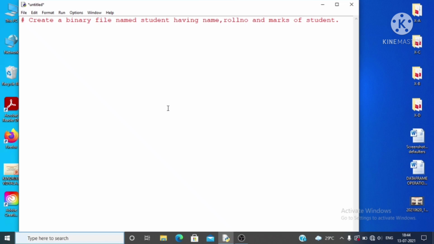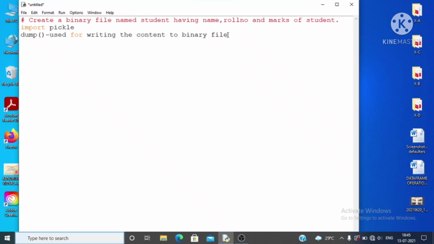For creating a binary file we will use the pickle module. For using the functions defined inside the pickle module, the first instruction will be import module name. The module name is pickle, so write import pickle. After this instruction I can use the functions available inside this module. One function is dump. The dump function is used for writing the content to the binary file.